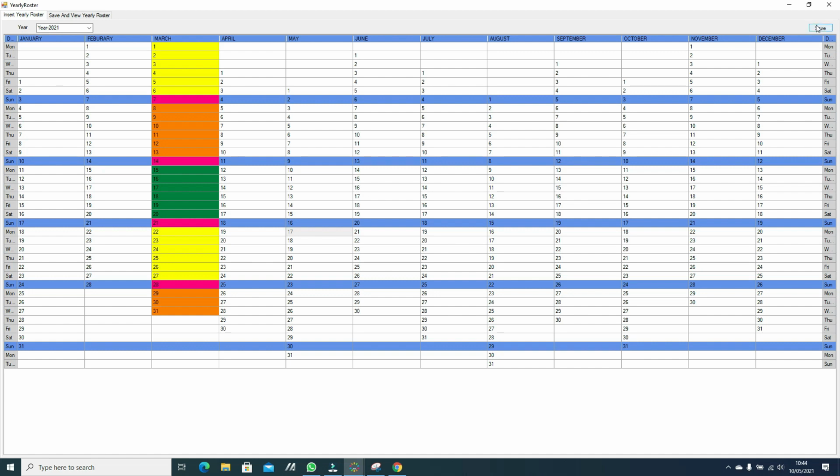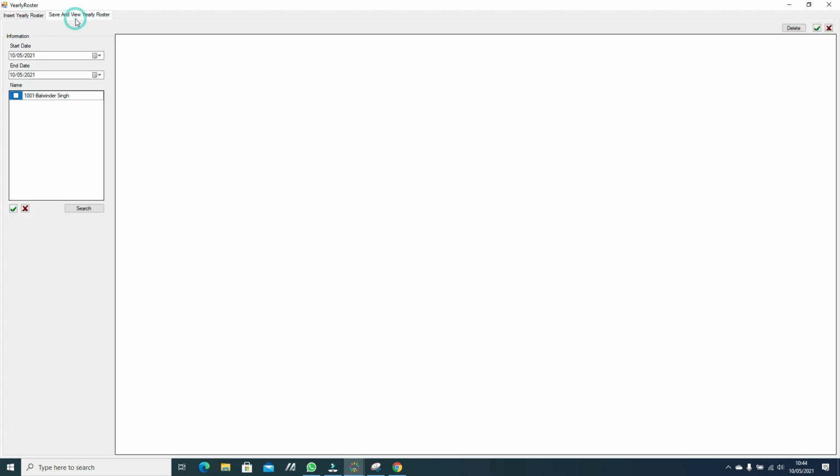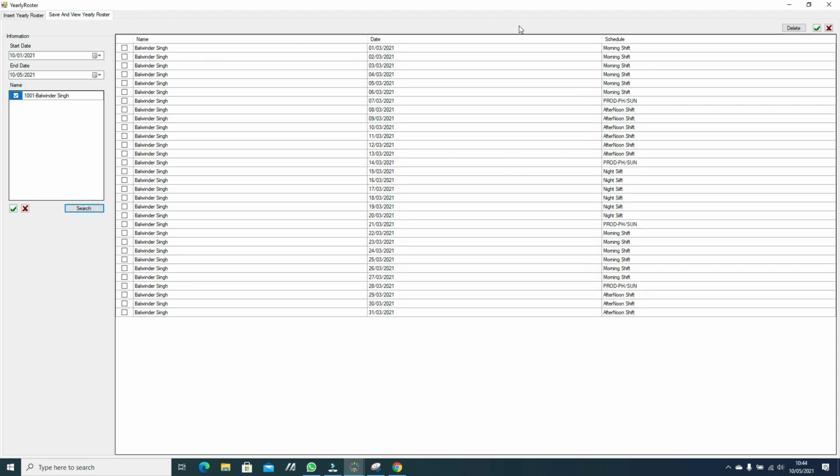After done with all the settings, you can save. Once you save, if you want to view, then you can go to view here, and select the date for which you gave the schedule. So you can see we have all the schedule here. If you want to delete any particular day, you can select from here. You can delete all, selecting all from the green check and delete, or for a particular day, just select and delete from here. The schedule will be deleted for that day. Now we have the schedule for 1 month.